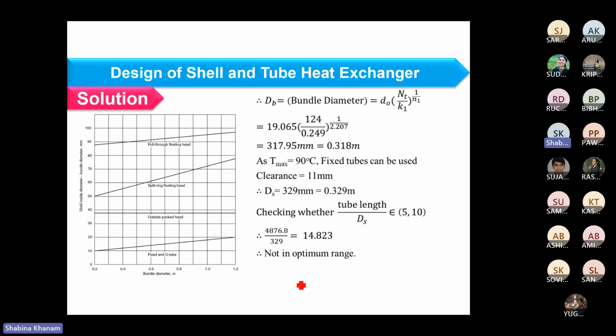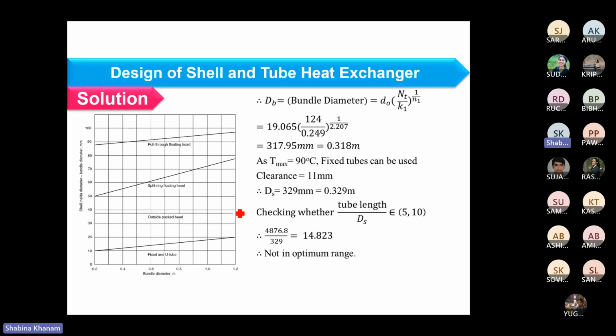cost will be involved. However, if you are dealing with toxic fluids, if both fluids are toxic, one you need to allocate to the tube side, and another should be on the shell side. In that case, internal floating head, or we can say pull through floating head, will be preferred. Okay, so here I have a fixed tube sheet heat exchanger,